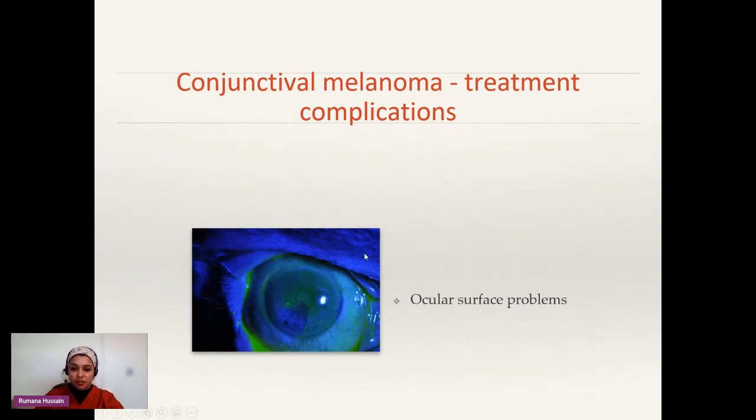Just like with chemotherapy, like I mentioned, the destruction of normal tissue with normal chemotherapy, so the gut and hair, and that's why you have problems with diarrhea and hair loss with systemic chemotherapy or chemotherapy through your bloodstream. With eye drops, it sometimes has side effects on the cornea or on the conjunctiva, which is the skin over the surface of the eye. So you don't produce as many tears, you don't produce as many oils as you normally would to protect the eye, and the cornea sometimes suffer. And we call these ocular surface problems, where the surface of the eye isn't quite as lubricated, isn't quite as even as it should be, and that can cause problems with not just vision, but also it can be quite